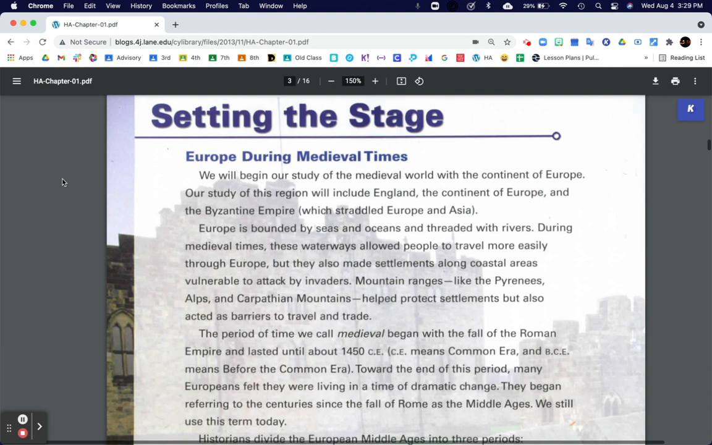Asia. Europe is bounded by seas and oceans and threaded with rivers. During medieval times, these waterways allowed people to travel more easily through Europe, but they also made settlements along coastal areas vulnerable to attack by invaders. Mountain ranges like the Pyrenees, Alps, and Carpathian Mountains helped protect settlements, but also acted as barriers to travel and